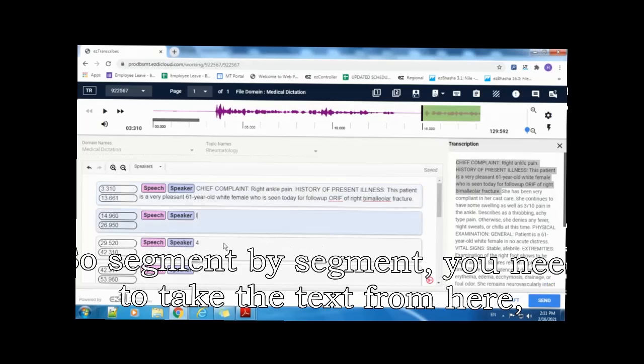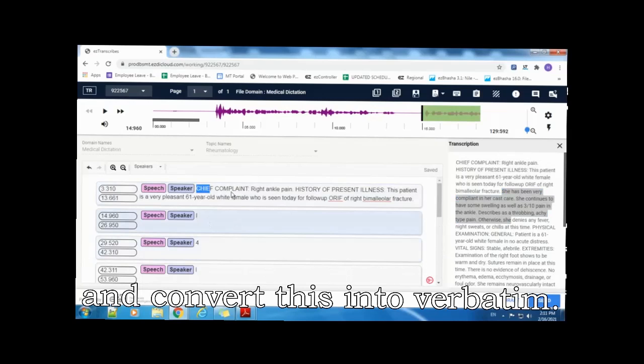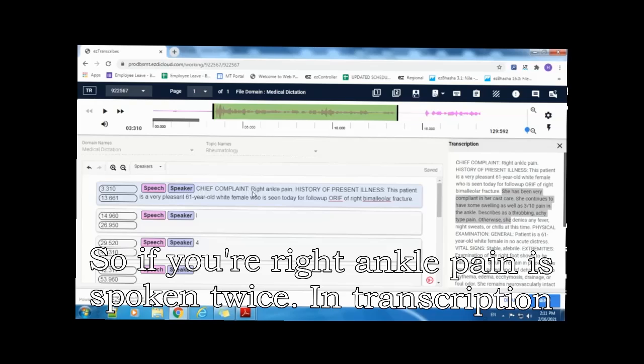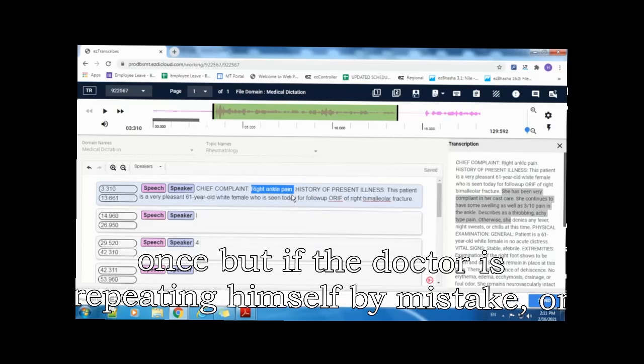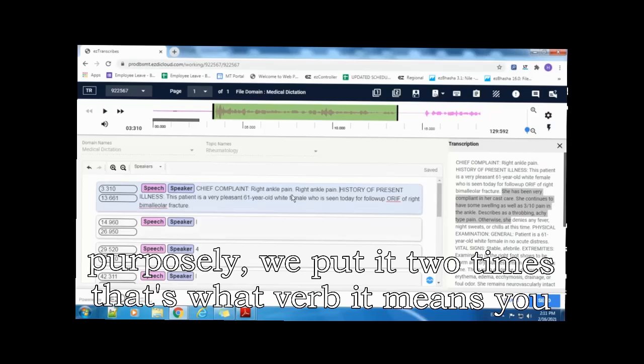So segment by segment, you need to take the text from here, paste it here, and convert this into verbatim. So if right ankle pain is spoken twice, in a transcription file we do not transcribe it twice, we would transcribe it once. But if the doctor is repeating himself by mistake or purposely, we put it two times.